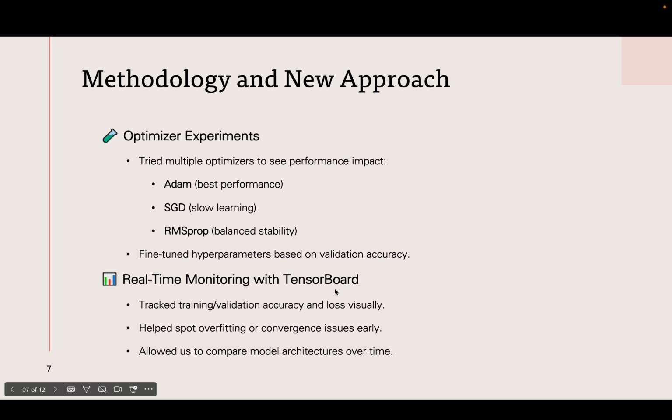And then, using PyTorch Lightning significantly improved our workflow. We could iterate faster, test multiple models easily, and keep our code clean. The integration with TensorBoard also helped us fine-tune hyperparameters and catch issues like overfitting early in the process. Finally, our optimizer experiments validated that Adam was the best choice for our dataset. It converges faster and delivered more stable results across each epoch compared to SGD or RMSprop.